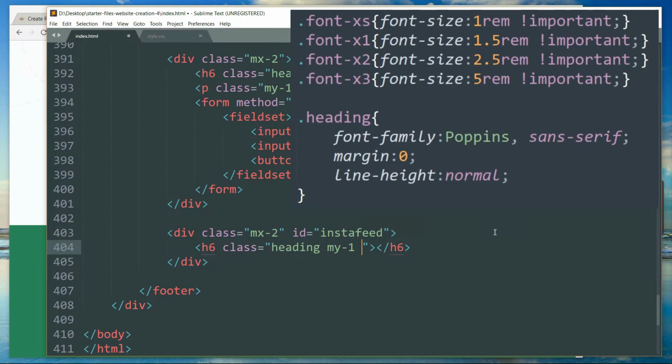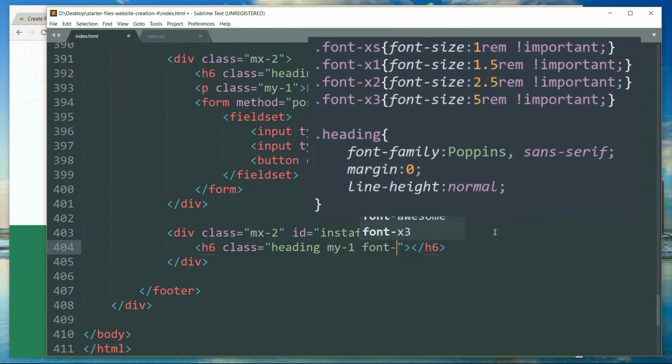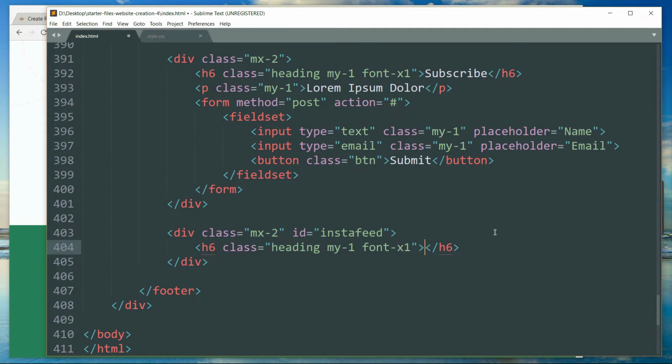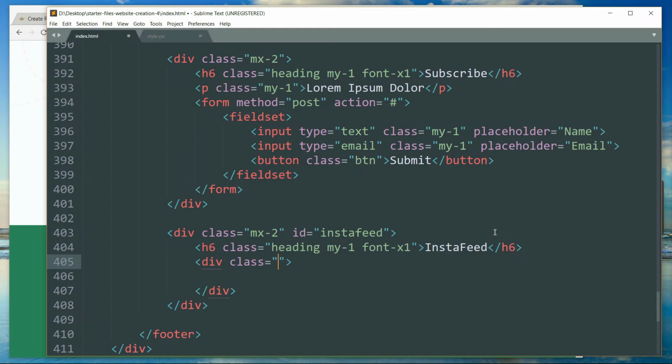So anyways, get inside and create an h6 tag and write the class as heading my-1 and font x1, and then we can write the heading as instaFeed. Then get below and create a div tag, and let's write the class as d-flex-r and create an anchor tag, or the a tag,